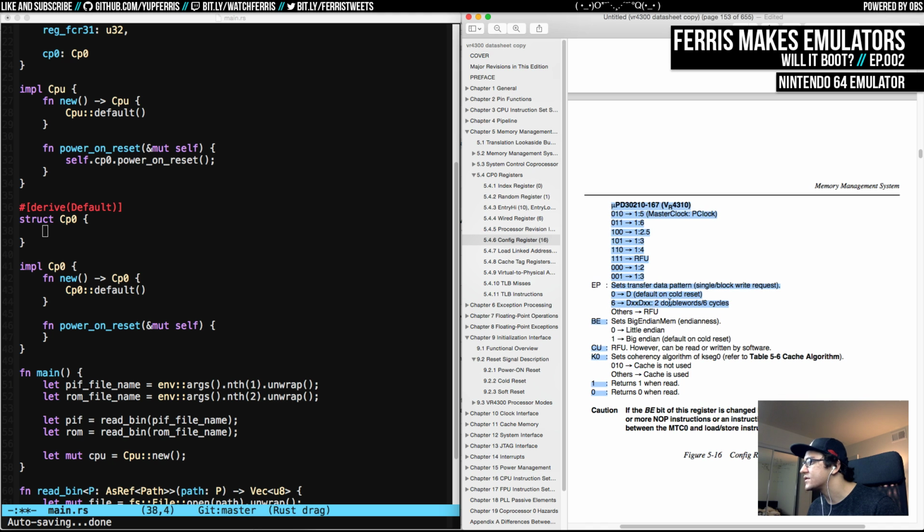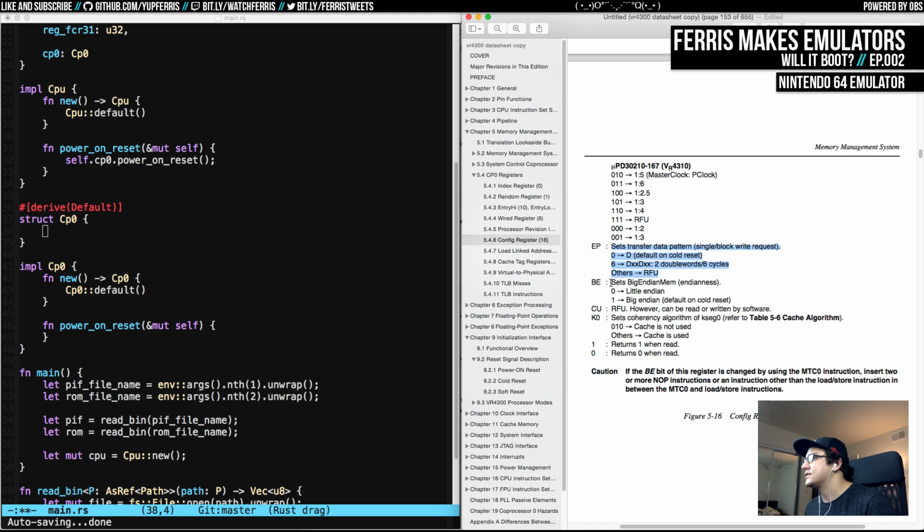2 double word 6 cycles. This might have to do with how reads and writes occur on the bus. Something that may actually not be that important to us while we're doing high-level emulation. I guess we'll find out later. BE is whether you're going to be reading out memory in big endian or little endian. And it looks like, if we remember from last time, we read this note that register can only be changed